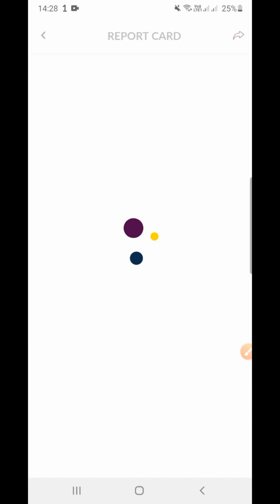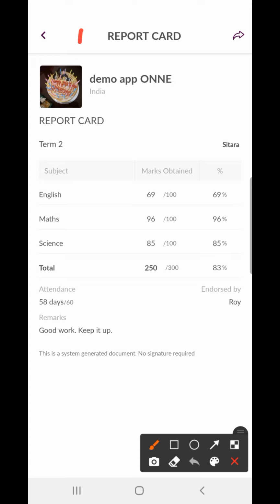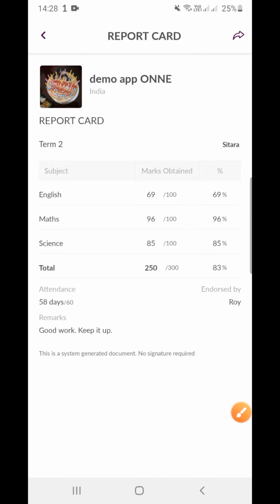and this is how they receive the report card. It goes personalized with your logo and your name, with the student name, teacher's name, their comment and feedback, the total percentage which gets automatically calculated, and all of that. So teachers will be able to create reports in such a short time using the app on one.